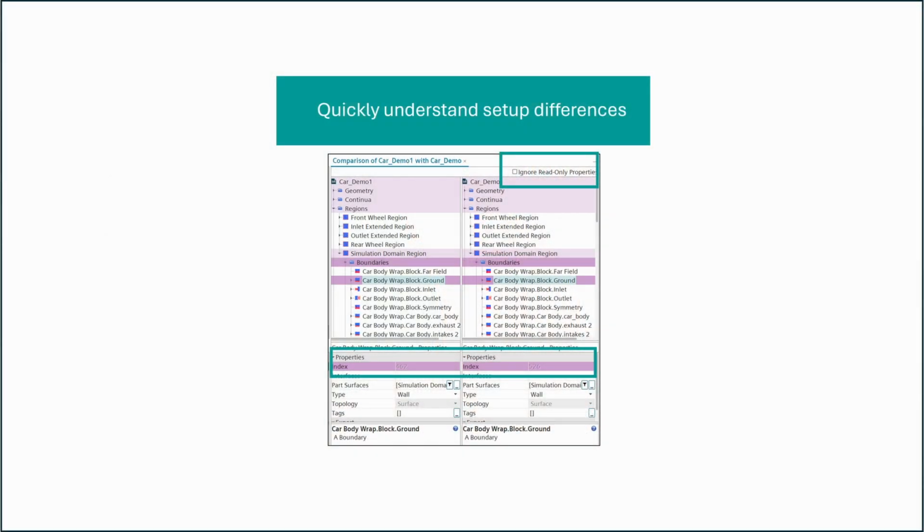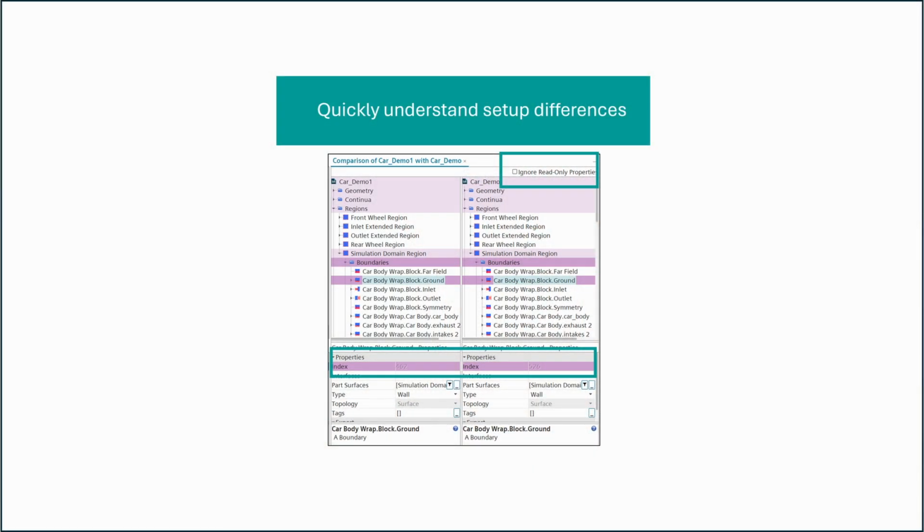One that I really love: I always compare a lot of sim files, and it was a bit annoying to find in the comparison a lot of differences due to non-editable fields, like seeing that two sim files were different because the region index was not the same.